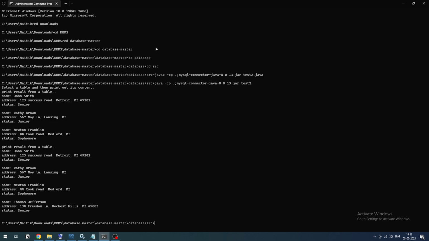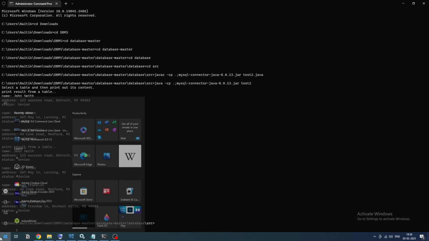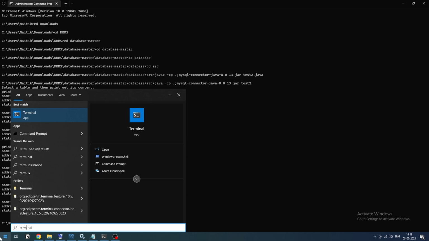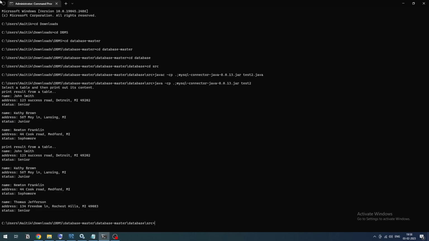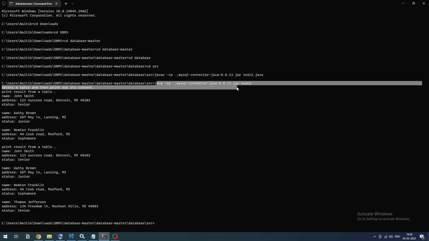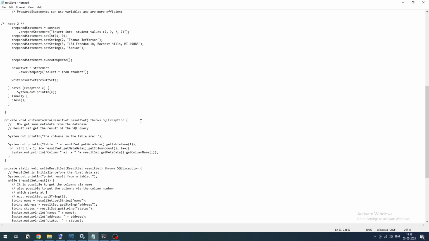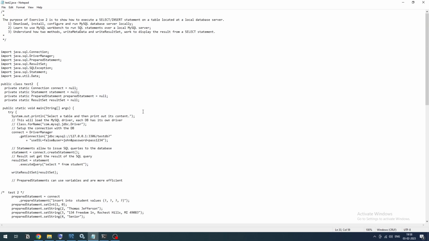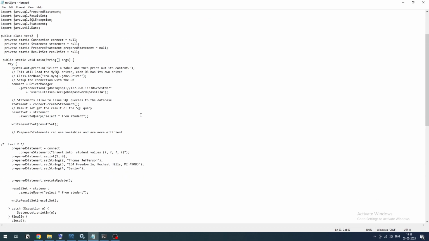So how I solved this error was, I just searched for terminal, right clicked, and then ran as administrator. As you can see, it's the administrator command prompt, and after that the test ran successfully, and that's what I got. And now, in order to explain this test2.java,